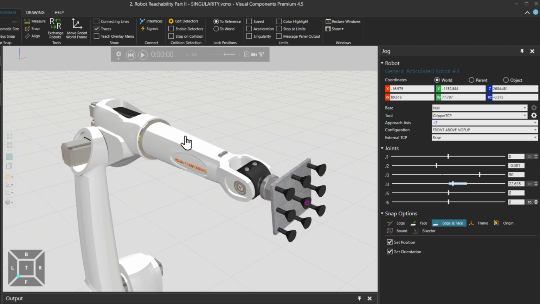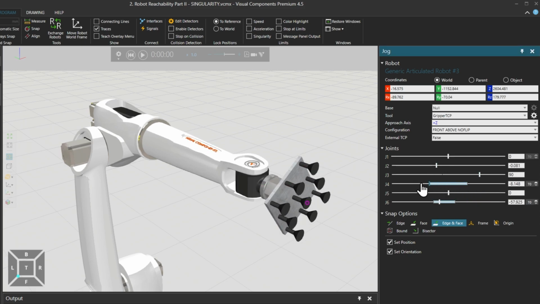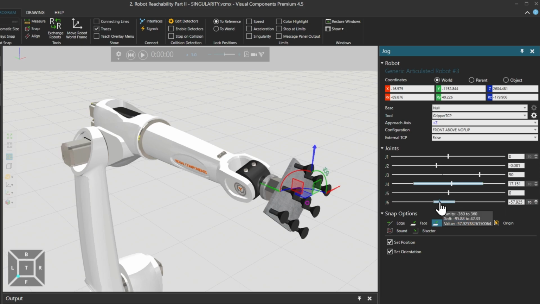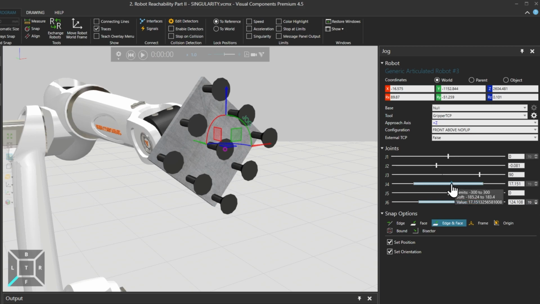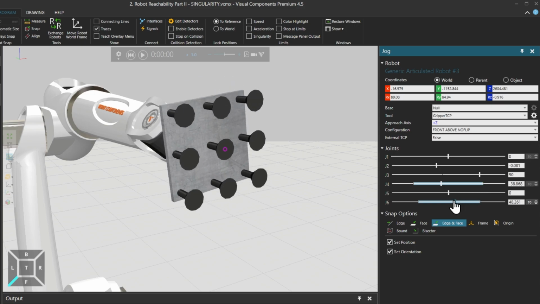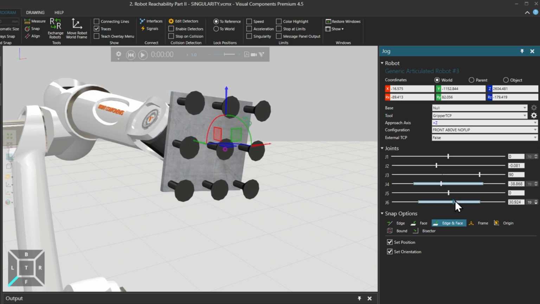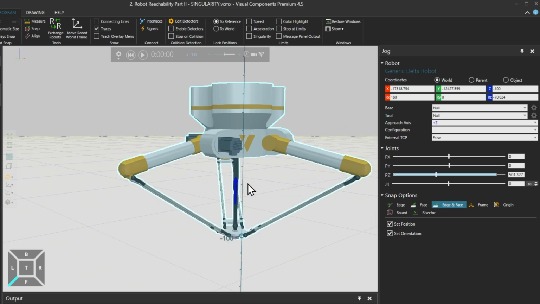We can either manipulate the joint directly using the jog tool or modify the joint value from the jog panel on the right. And notice how within this configuration we can rotate joints J4 or J6 and the TCP will be in the same position. And when discussing robot singularity, we should note that it occurs only in robots that have at least 6 axes. So for 5-axis or delta robots, singularity does not occur.